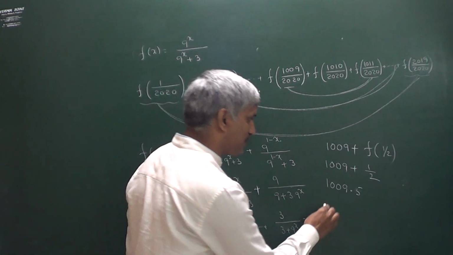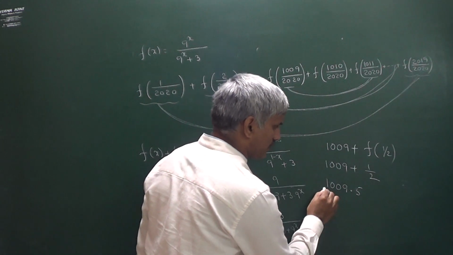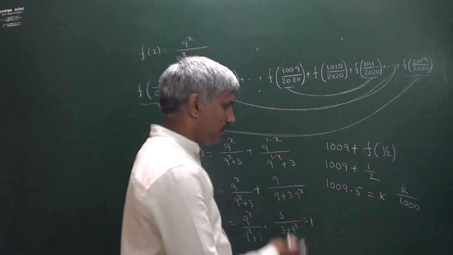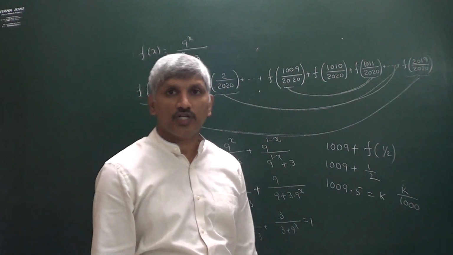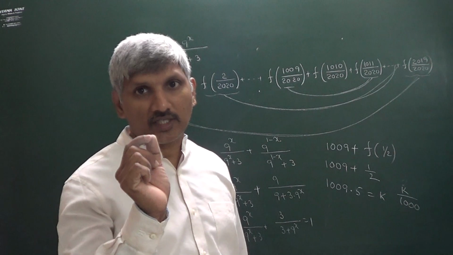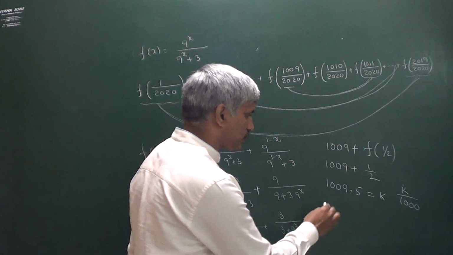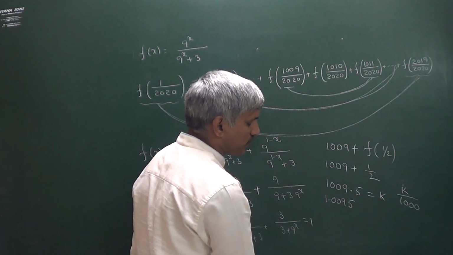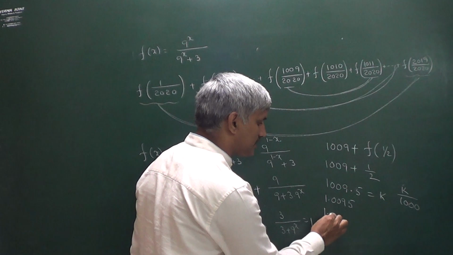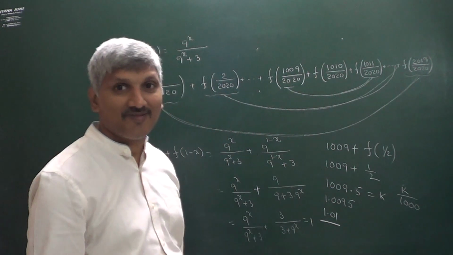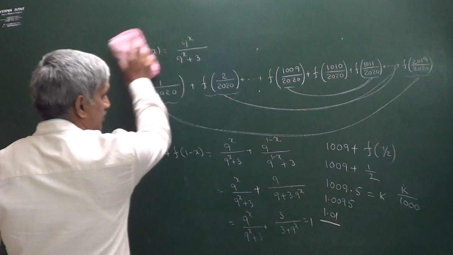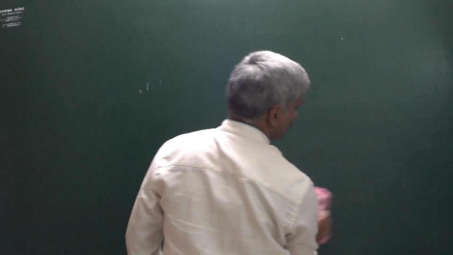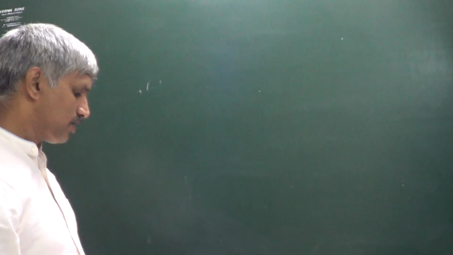Then what is the answer going to be? Actually they have given that this is k, then he is asking k by 1000. Under this information, we have to correct the answer up to 2 decimal places. Then what happens? 1.0095. But we have to correct the answer up to 2 decimal places. That's why the answer becomes 1.01. 1.01 is the answer for that particular question. Because he is asking k by 1000, so k by 1000 means 1009.5 divided by 1000 we have to write.